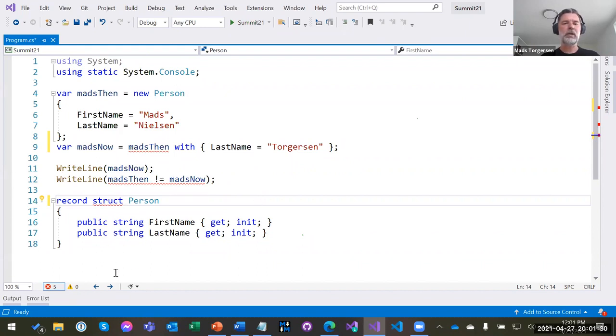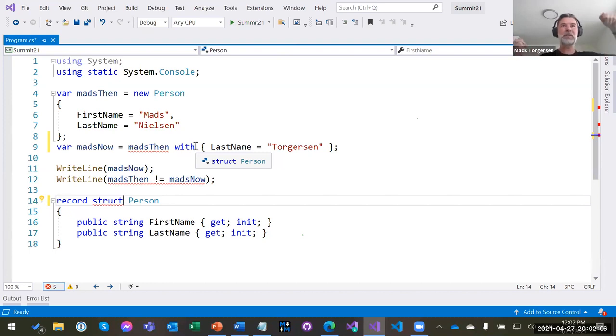Another thing about structs is that the basis for the with expression in class records is that the class has to somehow participate in specifying what it means to copy this object, so that the with expression can copy it and write something on top. And classes don't naturally have that, so records build some extra magic into the record classes to have that. But when it comes to structs, they can already copy themselves. That's what happens when you assign a struct: it gets copied.